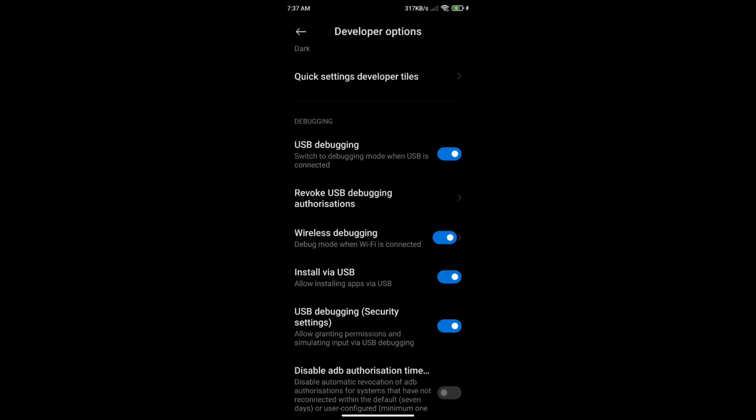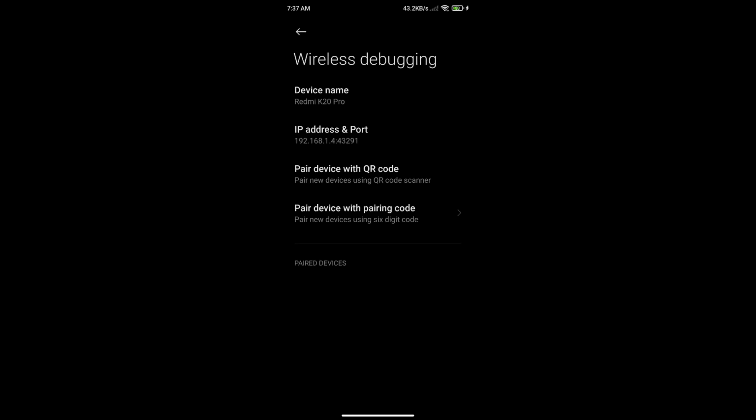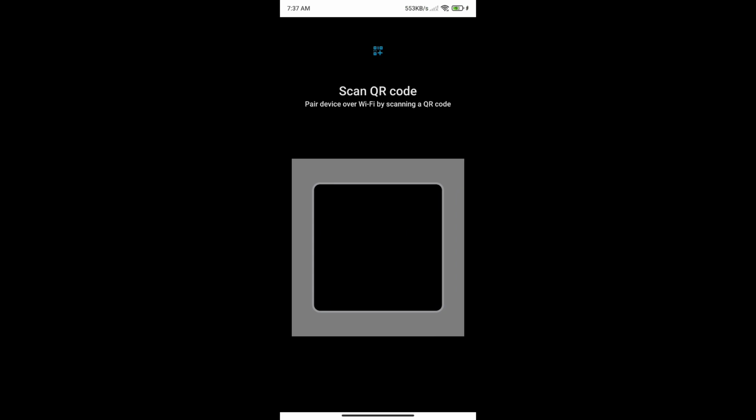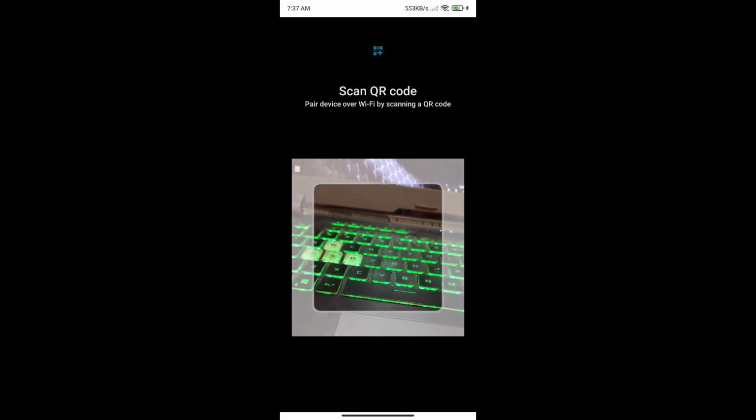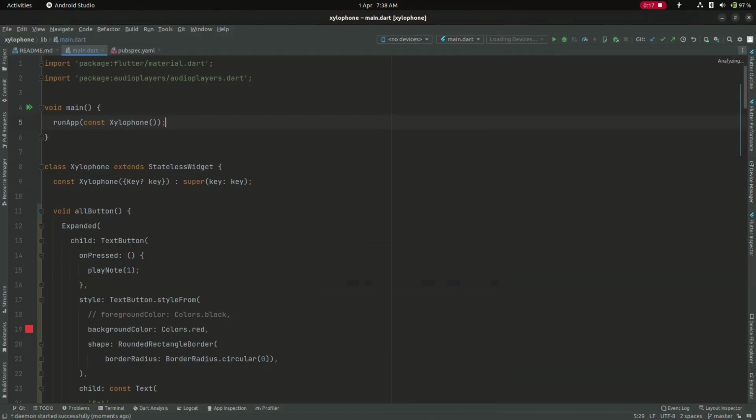Then go to the wireless debugging and allow it on this network and click on pair device with QR code. Now open Android Studio with the Flutter project, and click on the device manager option in the right